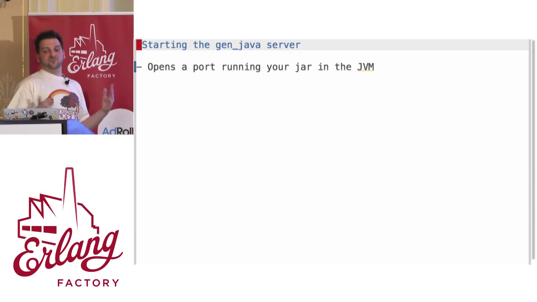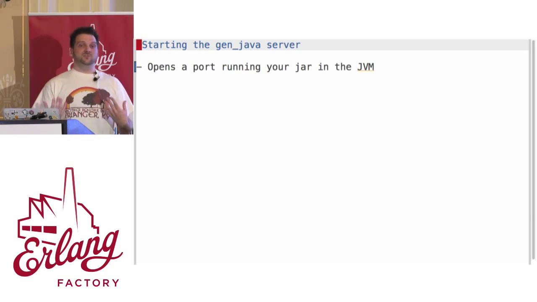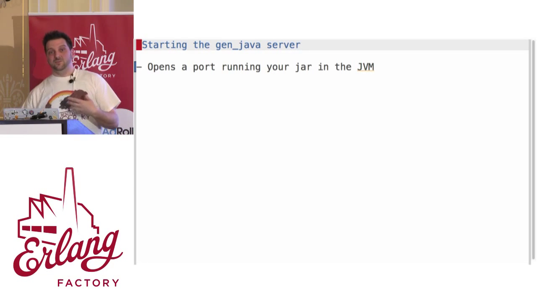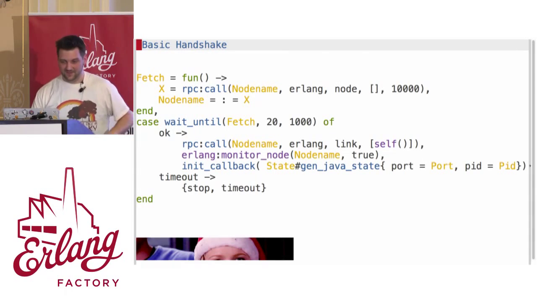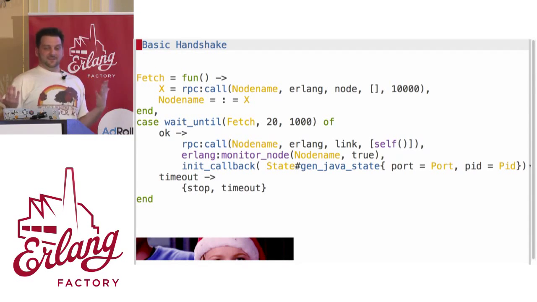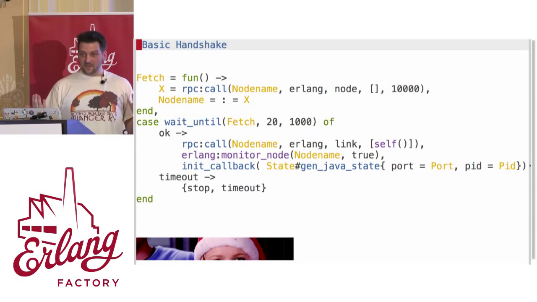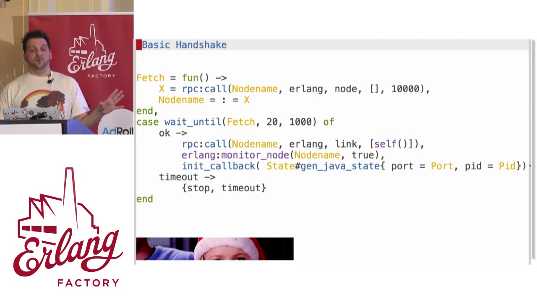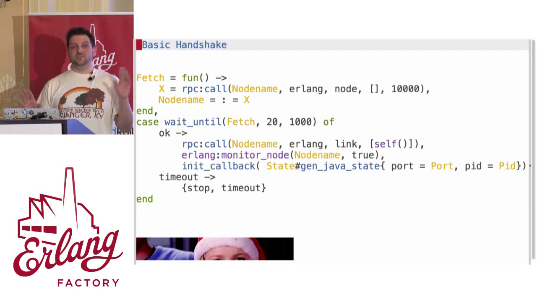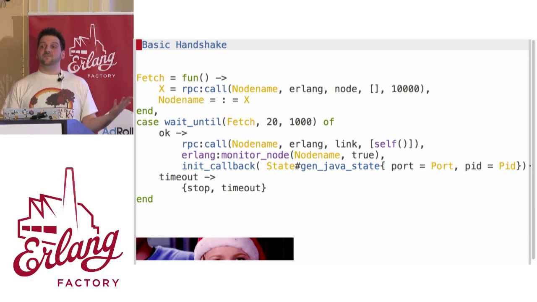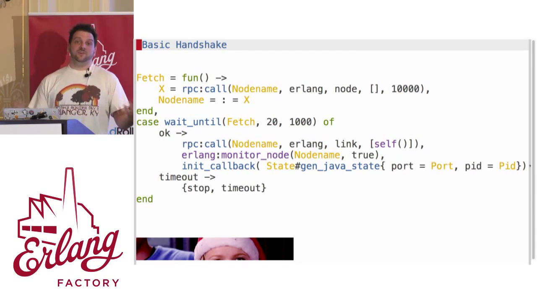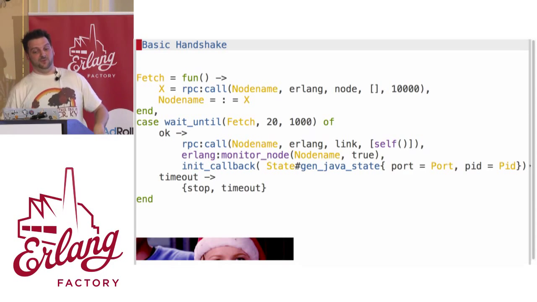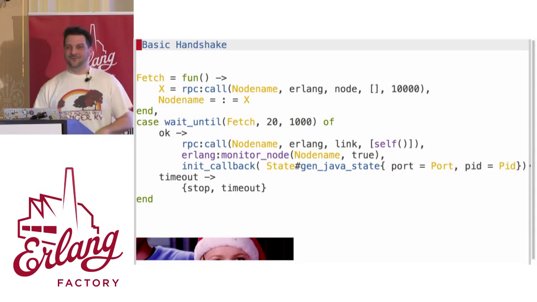So you start the Gen Java server, you open a port running on your jar, and you've made this jar, and you've included my Gen Java jar in your jar, and we'll get to what you're using later. So what we've got here is a basic startup for this. This is in the init of my Gen Java Gen server. What it does is it essentially just keeps asking this Java node, what's your name, what's your name, what's your name? And it's going to keep saying bad RPC, bad RPC, until one day it doesn't. And when it doesn't,